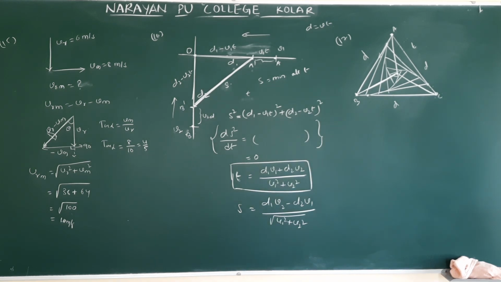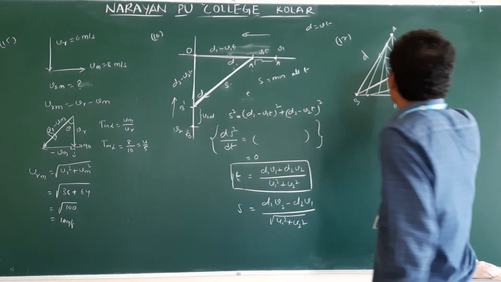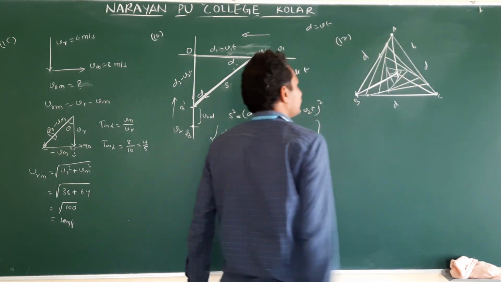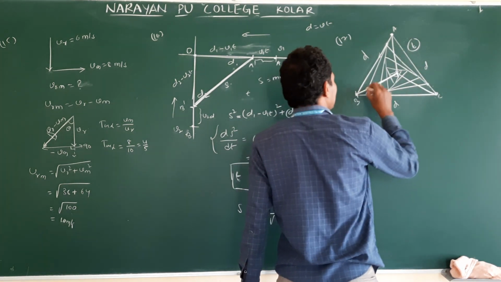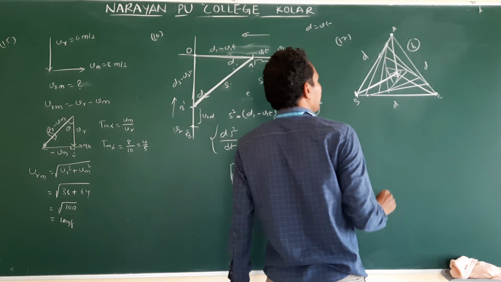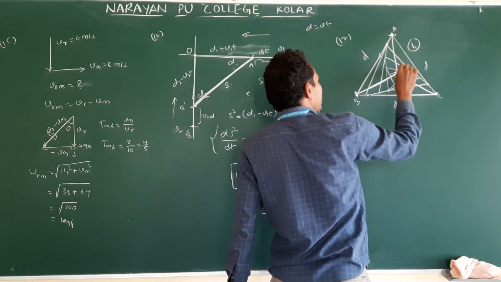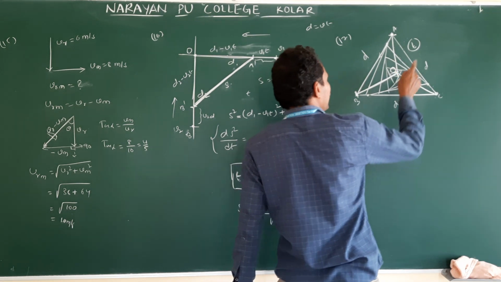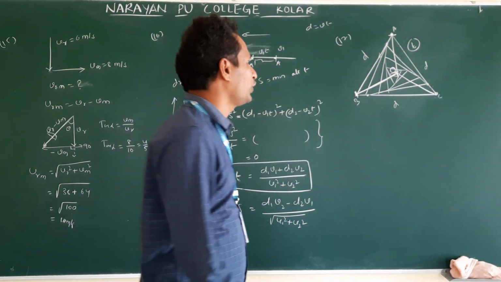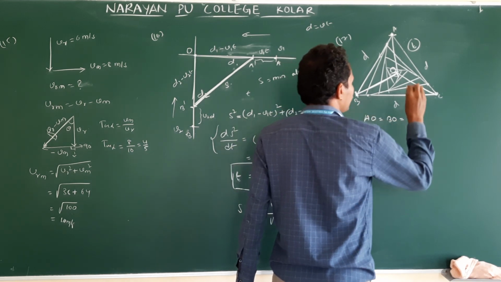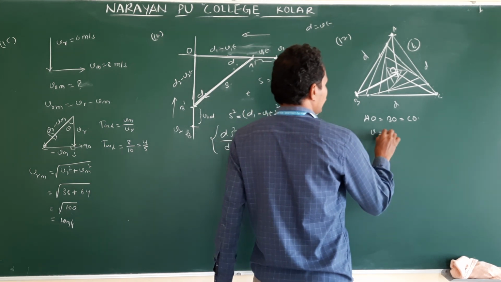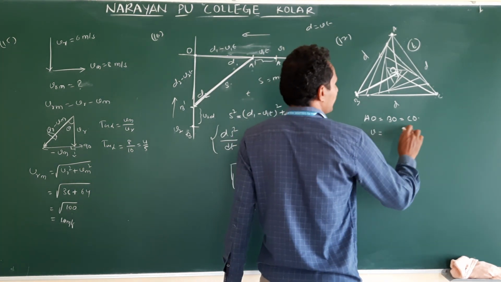What did they ask? At what time will the particles meet each other? Understand? So this is the asked question. To cover the displacement, we need to find out in time t how much displacement they covered. This is the initial point and this is the final point. For A, this is the initial point and O is the final point. O is the final point for all of A, B, C. So AO is equal to BO is equal to CO. We know the velocity formula: velocity is displacement by time. Here the displacements are equal.